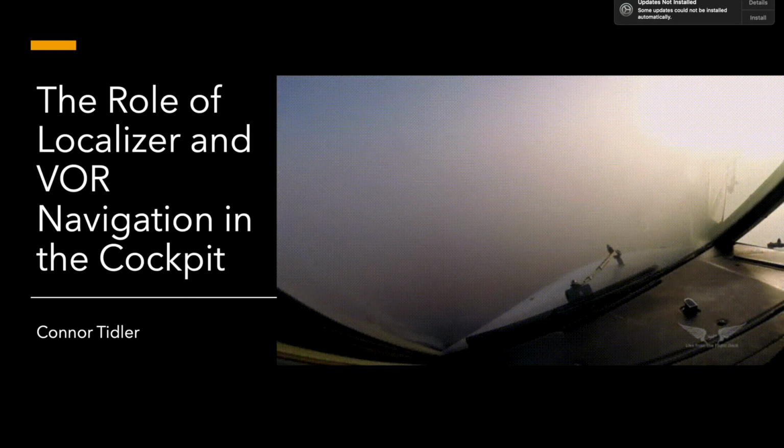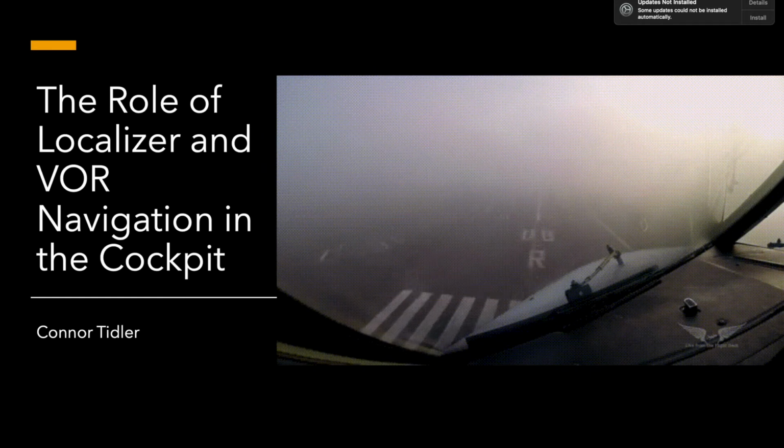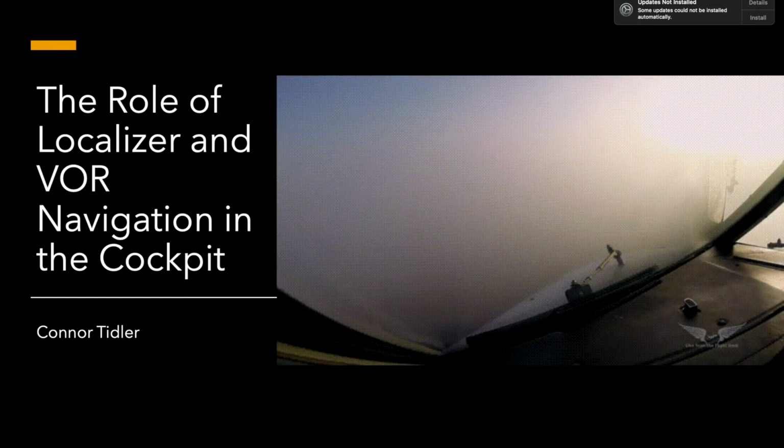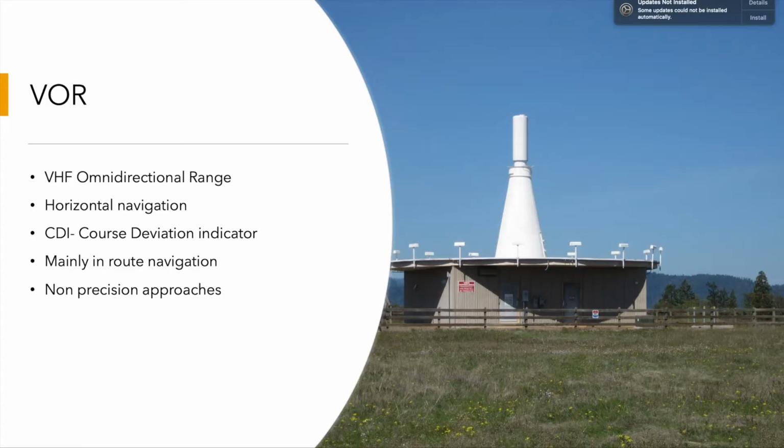For the final project, I did a little bit more research on the role of localizers and VOR navigation in the cockpit. As you can see here, this is a case where we need to use them as the plane's going through the clouds. You have to have some other way of navigating the aircraft through clouds or fog and things like that. So, VOR is a VHF omnidirectional range, and it's an antenna that's ground-based, and the airplanes receive